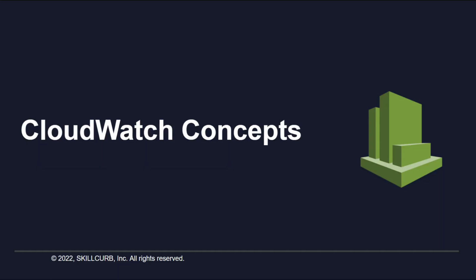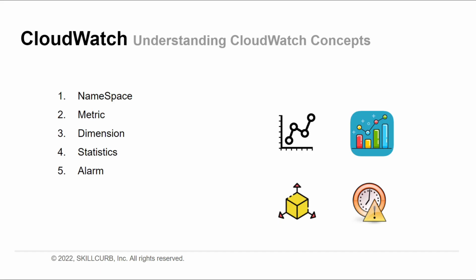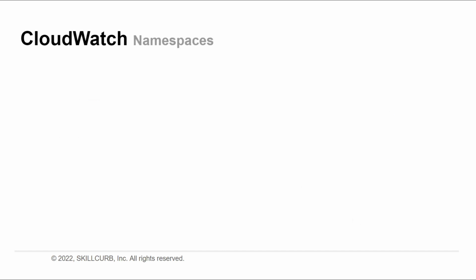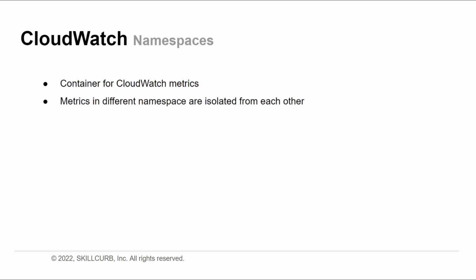Hello everyone, and welcome to this lesson where we will learn about AWS CloudWatch concepts. When it comes to Amazon CloudWatch, these are the terminologies and concepts that are central for understanding and use of this service. We will go through all of them and discuss briefly. A namespace is a container for CloudWatch metrics. Metrics in the different namespaces are isolated from each other so that metrics from different applications are not mistakenly aggregated